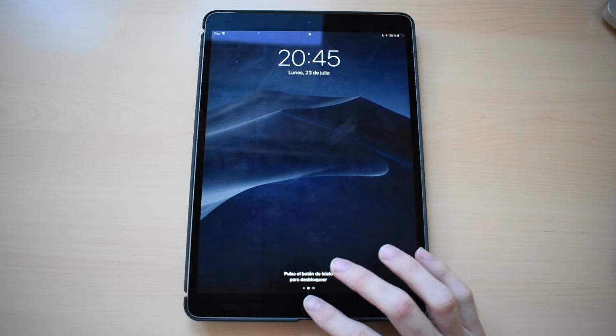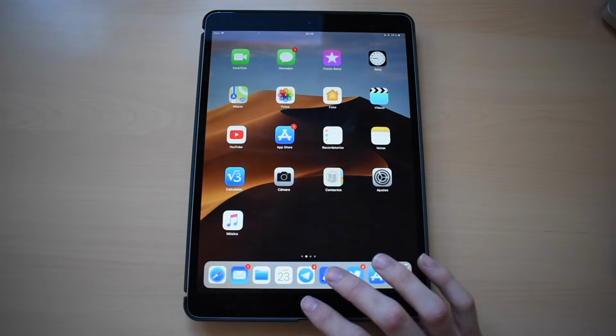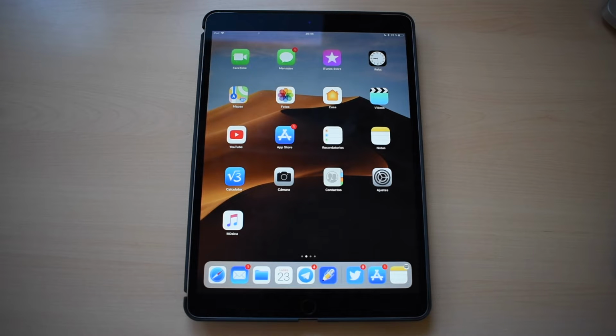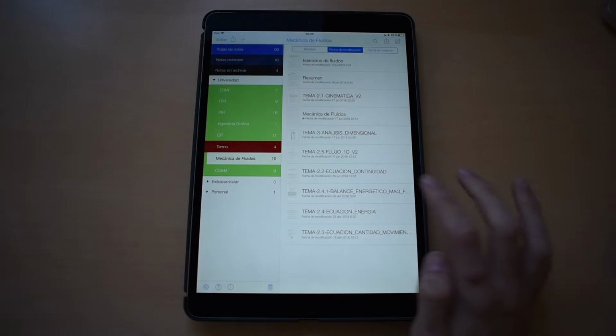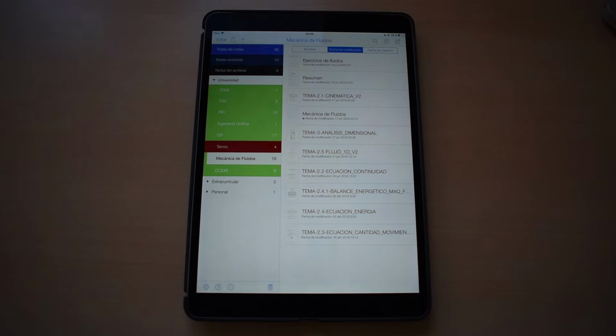Okay, so here I am with my iPad, and the first thing we need to do, because it's the main thing I use as a student on my iPad, is Notability. So Notability is an app that allows you to take notes, and it actually helps you take very good notes. I am personally very perfectionist with my notes. I always want everything to be perfect, and if I have to do it 3 times I will. But I don't have the time, so most of the time I just keep with what I'm able to pick